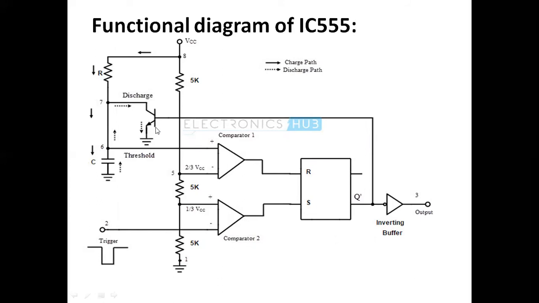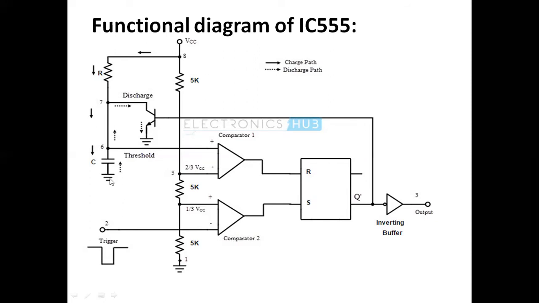We have 2 transistors also. This is the external transistor, and we have an internal transistor also, which is not shown here. At the initial condition, let us assume the flip-flop is in reset mode. If it is in reset mode, Q is 0 and Q bar is 1. If Q bar is 1, the output is 0, because here we are using an inverter. Q bar is also connected to the transistor, so the transistor will be on. If the transistor is on, the capacitor discharges, dropping to 0 volts, or ground potential.